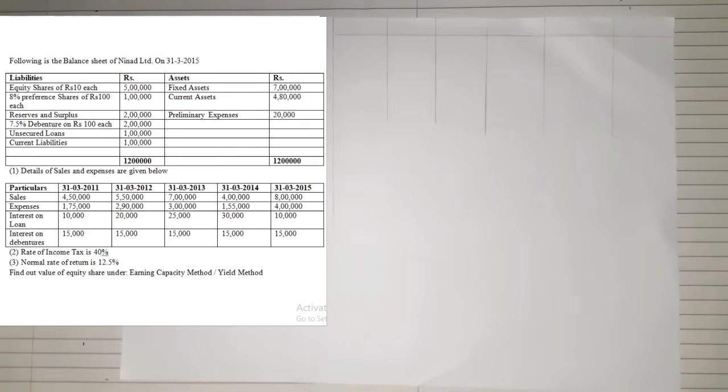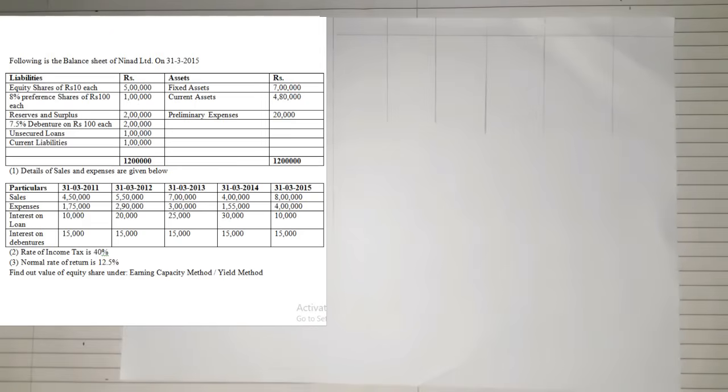Rate of income tax is given as 40%, NRR is 12%, and the values of fixed assets have been given to us. Thereafter they ask you to find out the value of equity share as per earning capacity method or yield method. Now again, very simple. In order to solve a sum based on yield method, the step is